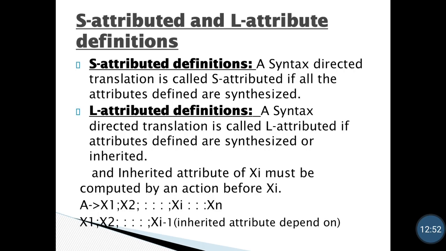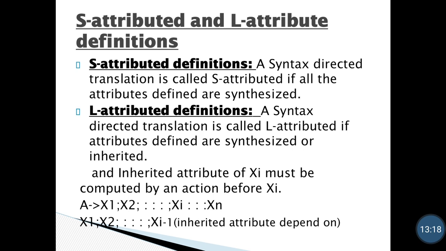Next is S attributed and L attributed definition or grammar. S attributed definition or grammar means a syntax directed translation is called S attributed if all the attributes defined are synthesized. What is a synthesized attribute? We discussed it in the previous slide. And second is L attributed definition.